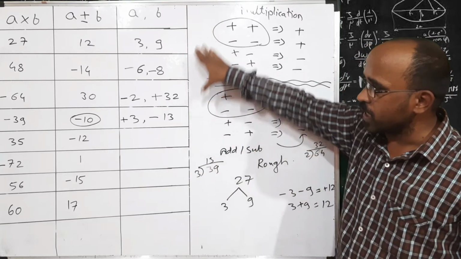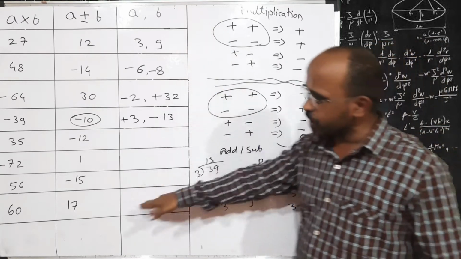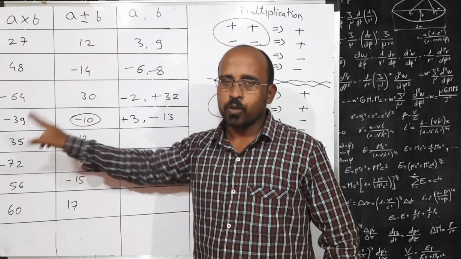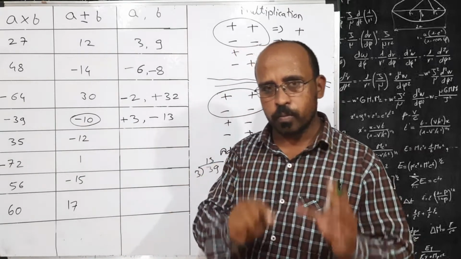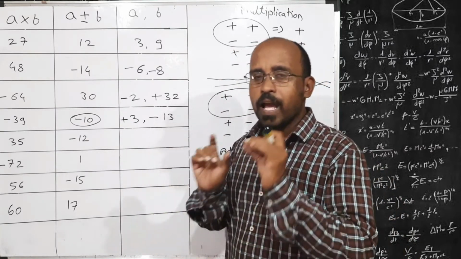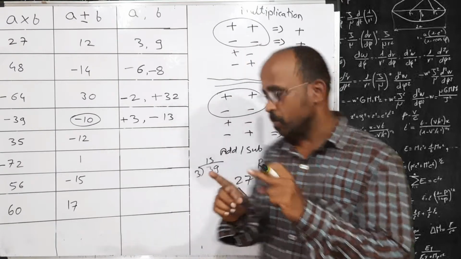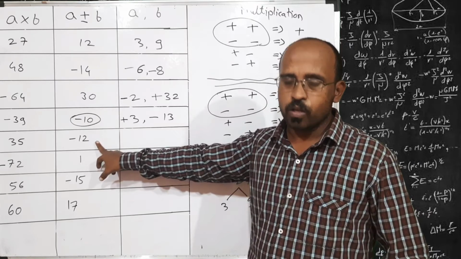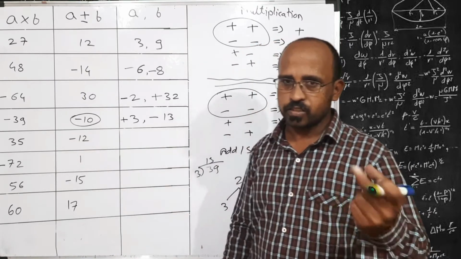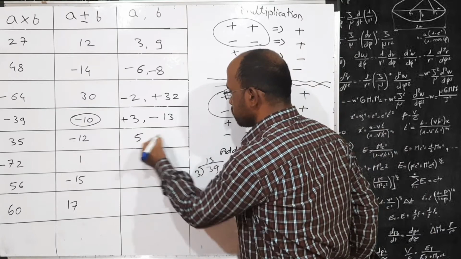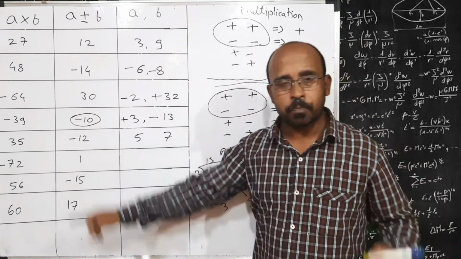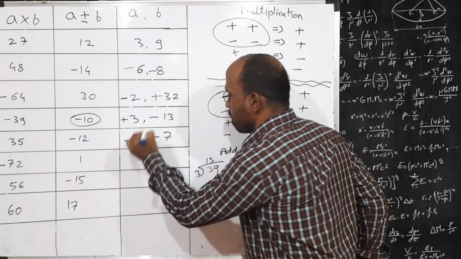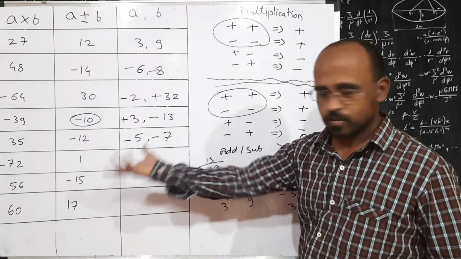So the logic which I explained in these 4 examples will be continued in the next 4 examples. Let us see. Multiplication is plus 35. So its factors will have same symbol. Either both will be positive or both will be negative. Hence, if symbols are same, we have to do their addition. Hence their addition is equal to 12. So which are the factors of 35 whose addition is 12? They are 5 and 7. Okay, but addition, is it plus 12 or minus 12? It's minus 12. So both of the numbers will have minus symbol in the case of addition.